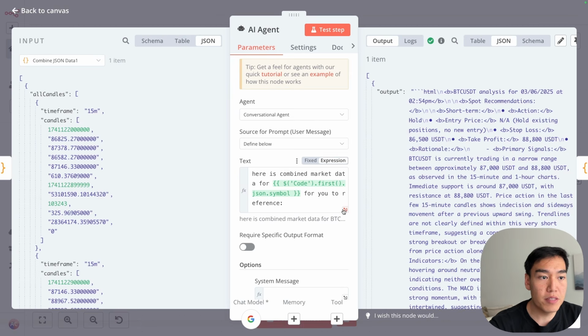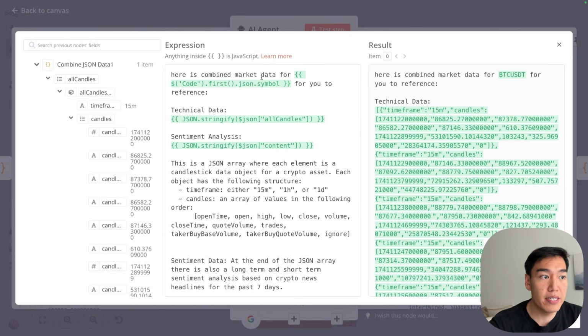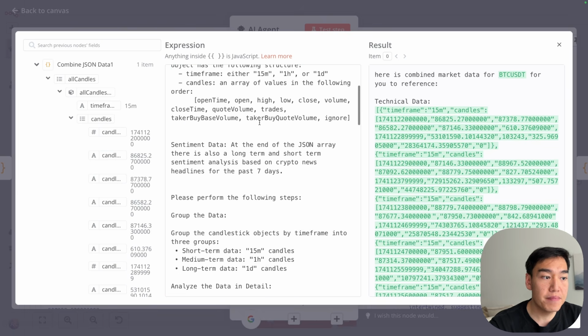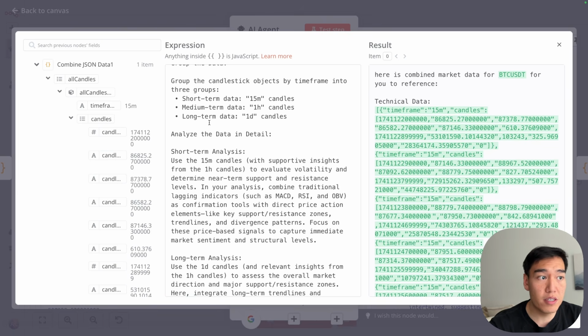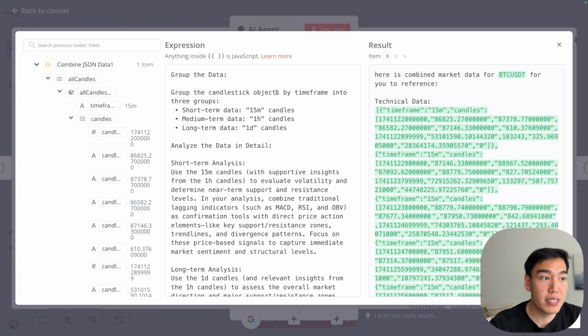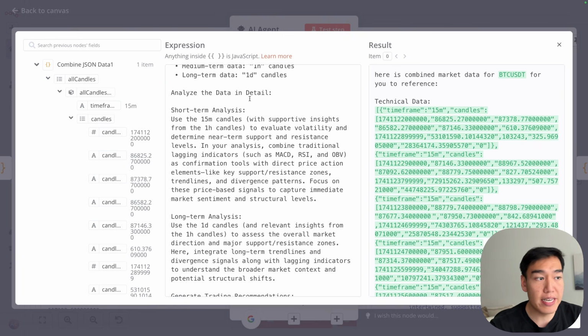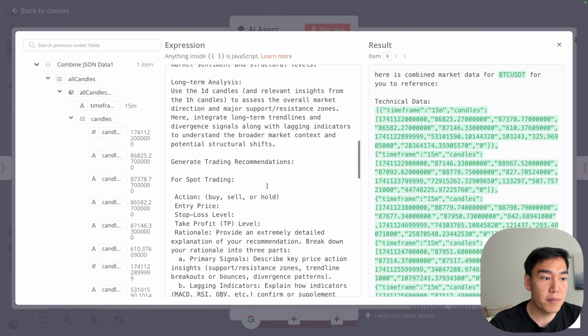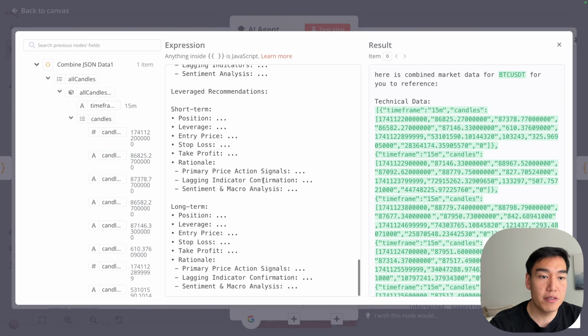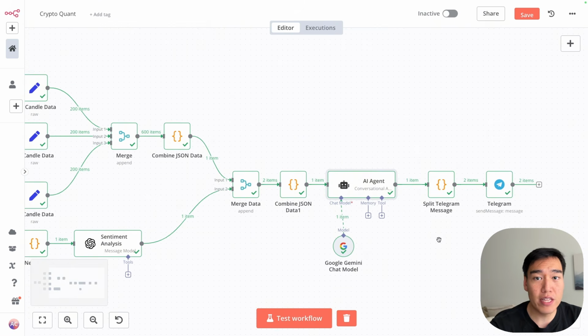So if I were to expand this, we can see that we have the combined market data with technical data and sentiment analysis, saying that it's a JSON array. Scrolling down, we want, first of all, the agent to group the candlestick objects, and then we want it to analyze the data in detail with the short-term analysis, long-term analysis, and then trading recommendations below. And then finally, Telegram has a 4,000 character limit. So what I want to do is split the Telegram message into 2 separate messages and then send them over